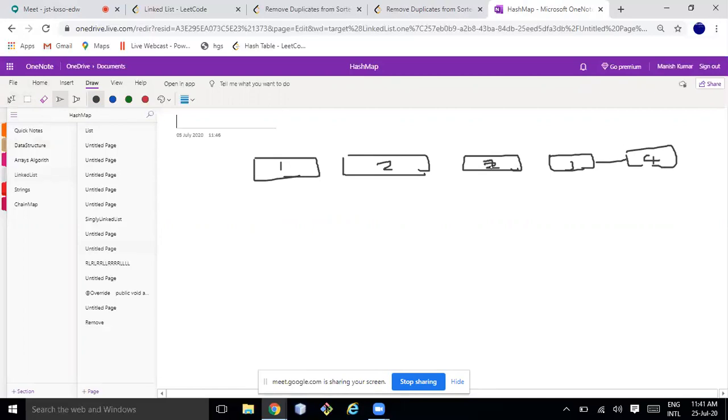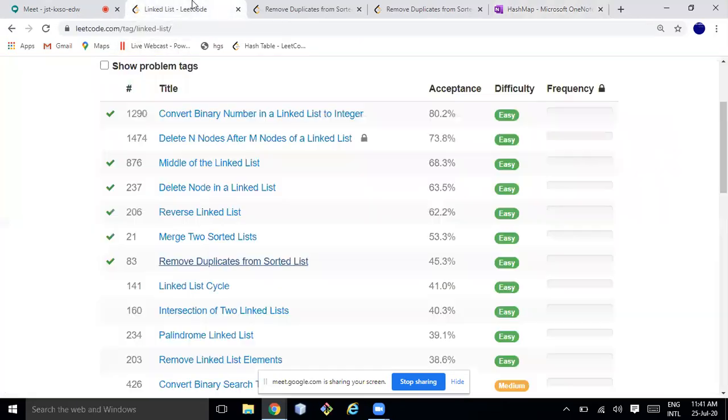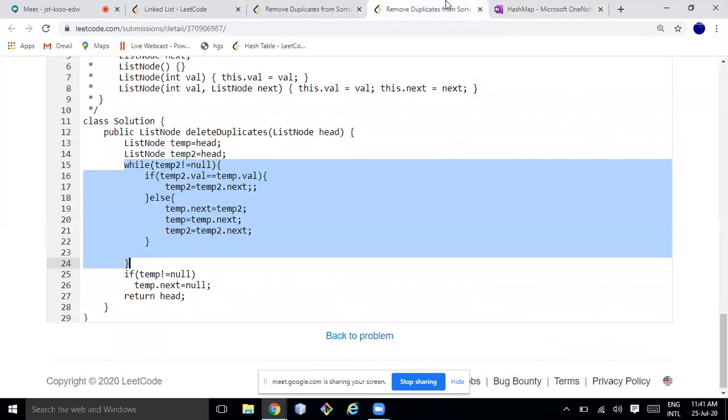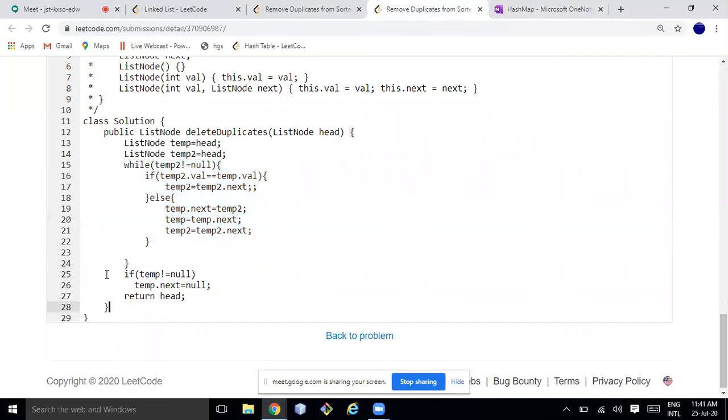I have repeated only 2; rest all are fine. This is 3, this is 4. Okay, so I have given head here. So I have 2 pointers. Let me modify it so that it would be better to understand.